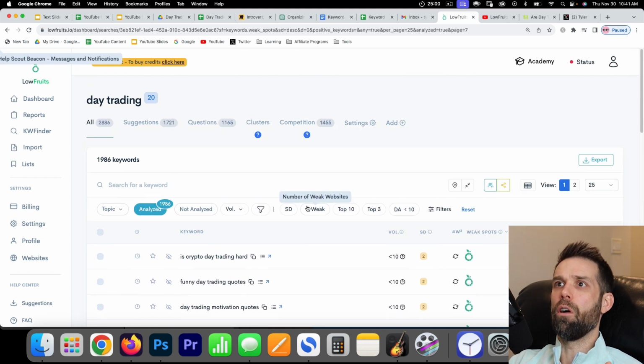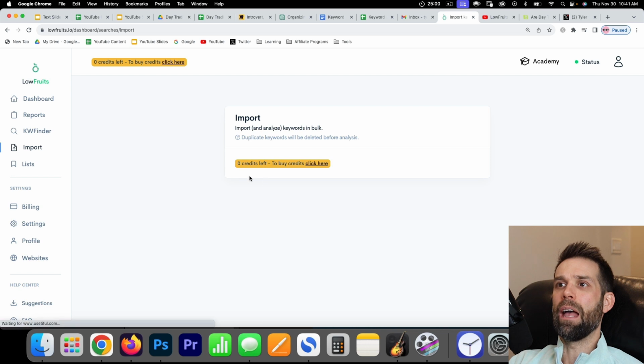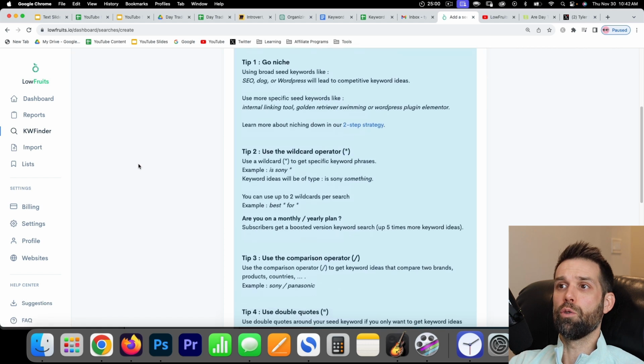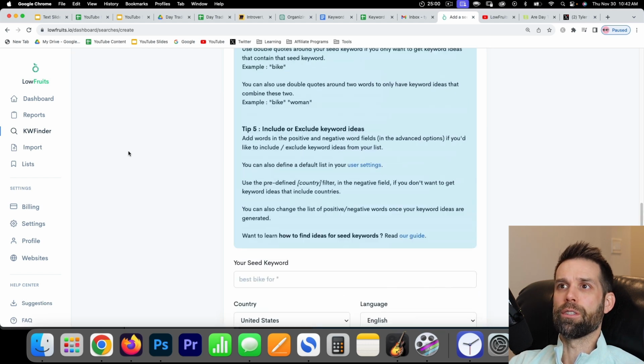In terms of my overall feelings on this tool, I've just used it once here. The import feature is really good. So if you're doing any sort of keyword research, and you're finding keywords and you need some data on them, you can import the list and analyze them. You do need a few credits for that, but you can sign up for an account and you get 10 free credits, and you can import your list and for free get some initial data on them. And then when you use the keyword research tool here and you find the keywords,